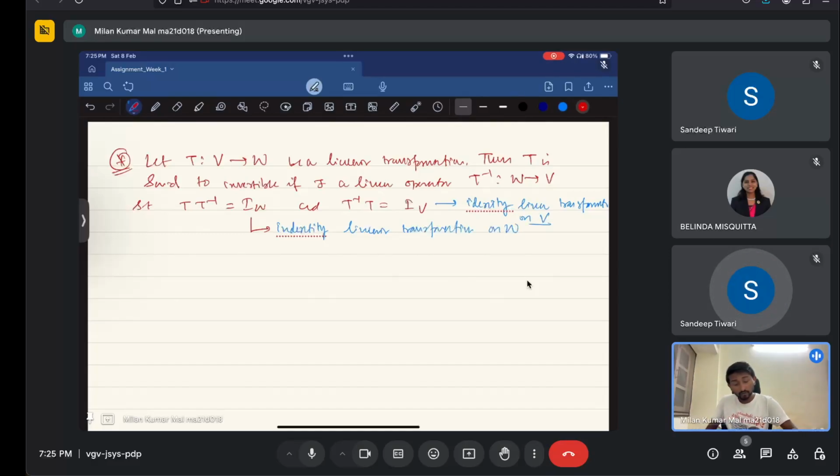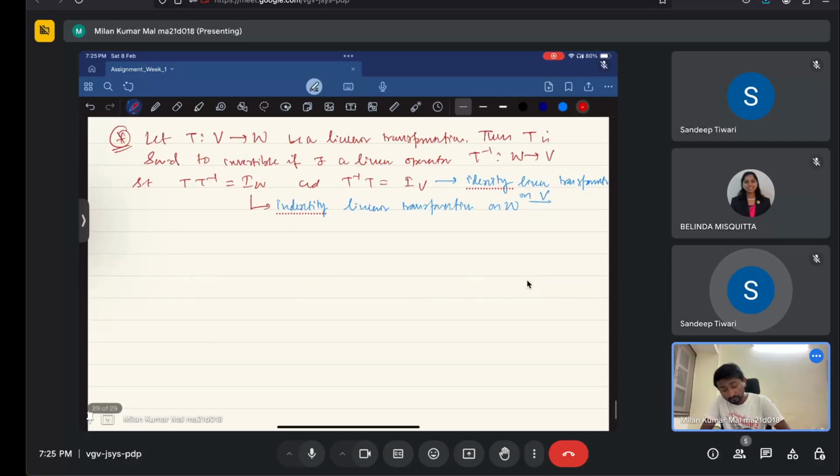Okay, so T will be invertible if there exists a linear operator T inverse from W to V such that T T inverse equals the identity on W and T inverse T is the identity on V. And then T inverse is called the inverse of T. Now, if V is a finite dimensional vector space, in that case, in any case,